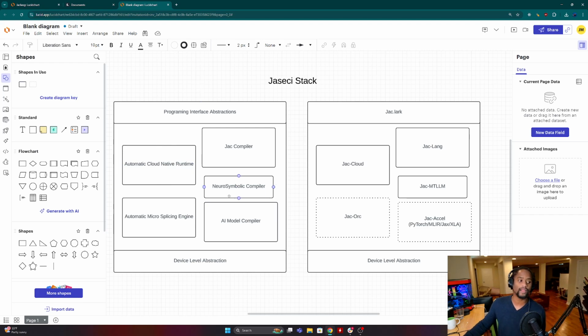There's also a neurosymbolic compilation. Really, I should probably put a bigger box around all three of these to really call it the compiler stack. But we also have this notion of neurosymbolic compiler passes. This is some novel stuff. We're creating a semantic IR, and this is an IR that's designed for LLMs and generative AI models to be able to reason about. And it's specifically IR for the interaction with LLMs on the critical path of a piece of software running. And so there's a couple projects related to that, MTLLM being one, but also AI asserts,